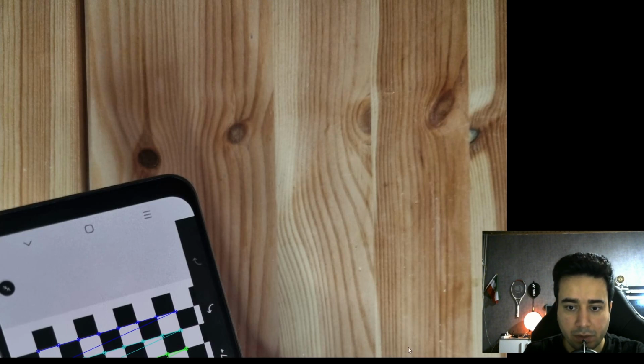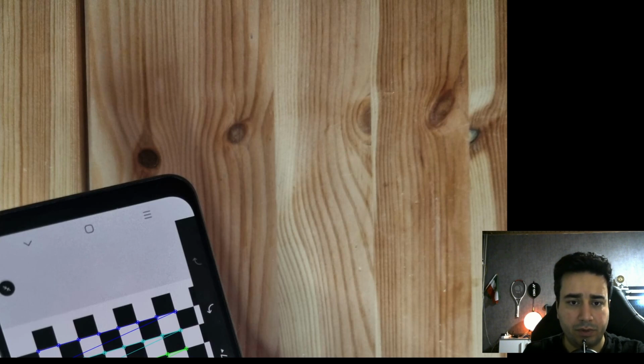It cannot show you all. I think you see in the corner how it tries to find the corners of each board, and at the end, we want to have basically